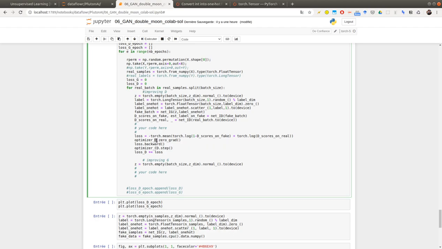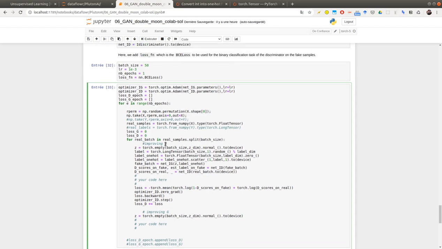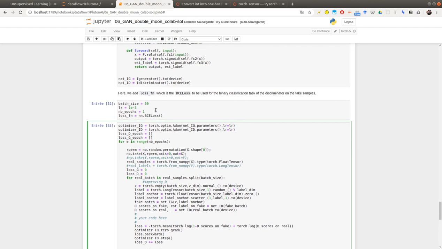So let's first modify. Okay, but in order to improve D, I need to use this estimated label on fake. Okay, and I introduce a BCE loss here, which should be used for the binary classification of the label.